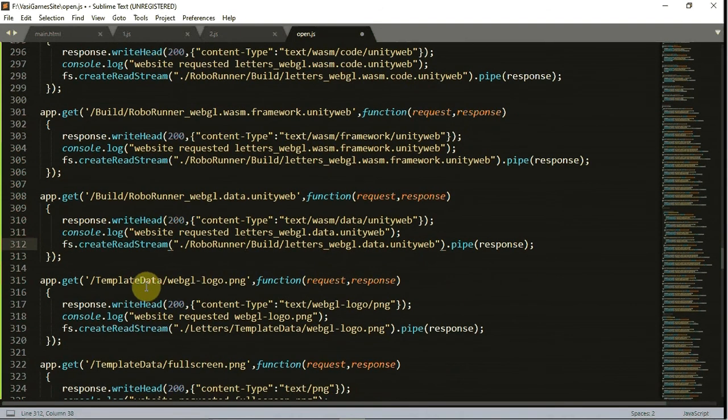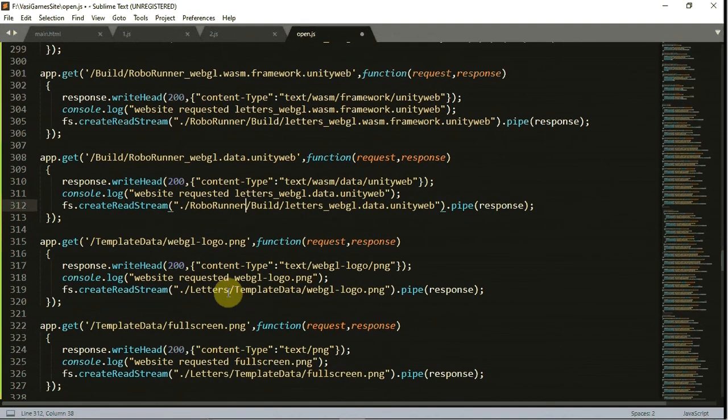And again, not okay, it's correct, WebGL/logo.png. When we get this request,